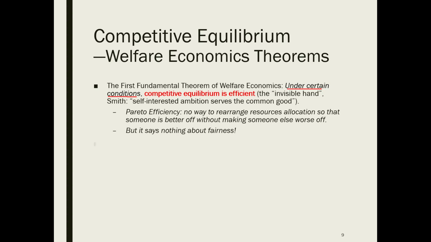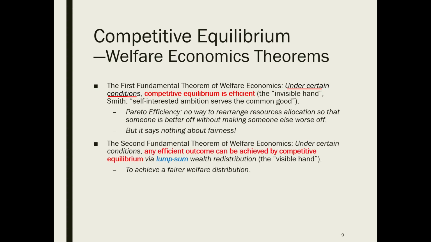On the contrary, the second fundamental theorem of welfare economics is about distribution and redistribution. It states that, under certain conditions, any efficient outcome can be achieved by competitive equilibrium via lump sum tax. It justifies the role of the visible hand, or government intervention. It essentially says that if you choose among several efficient allocations, you can use lump sum tax to achieve the